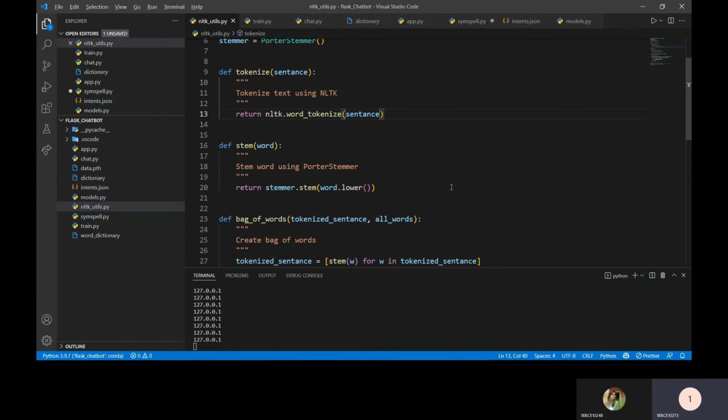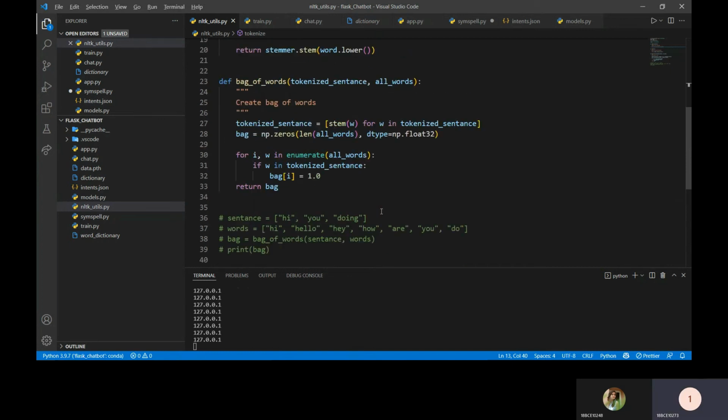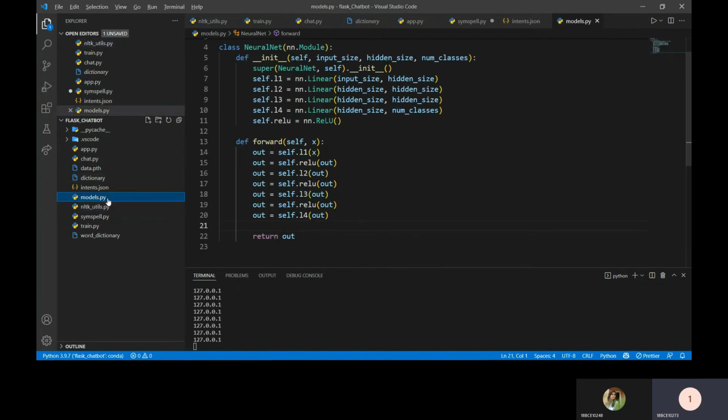For example, reading, read, readed, all of those will be stemmed and converted into read. After that, we are making a bag of words using all those stemmed words. So this was the pre-processing part that we did on our input. Now let us see what model we are using for our neural network.